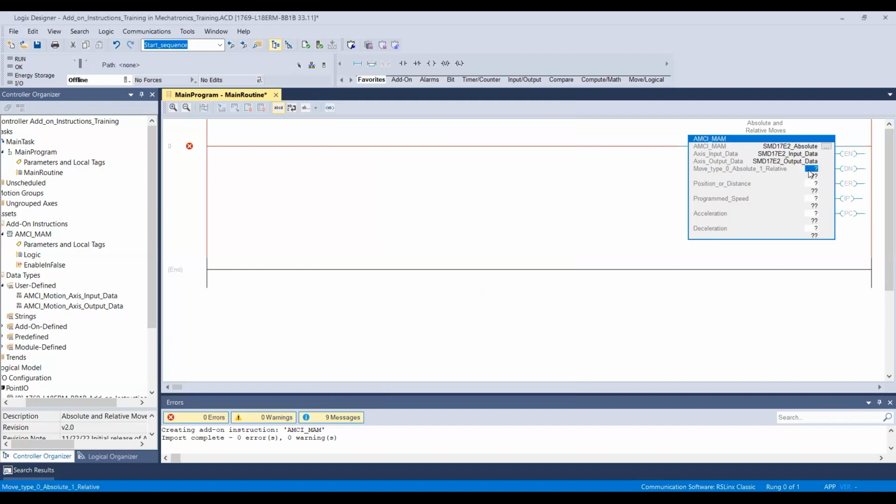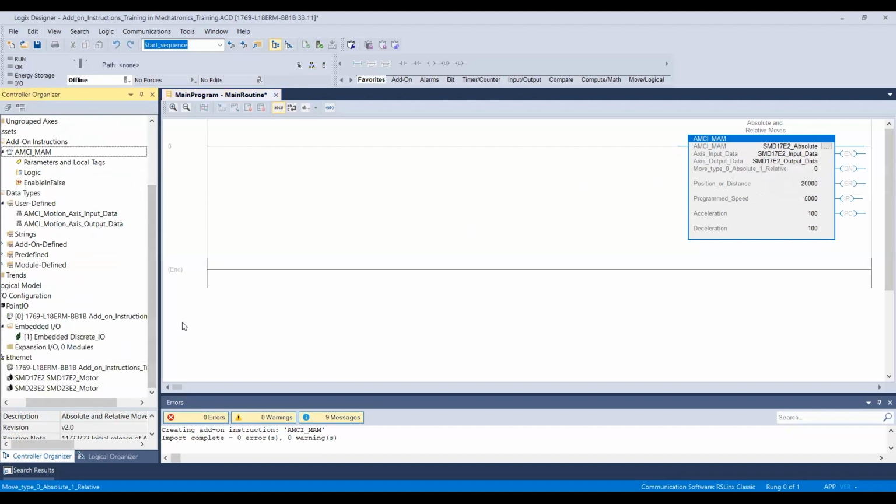So now for this one, we're going to be doing an absolute move. So we're going to put a 0 in here. Again, these could all be variables, and that would allow you to toggle between absolute and relative moves here, but we're going to just use constants. So we're going to move to a position of 20,000 at a speed of 5,000 steps per second. Acceleration of 100, deceleration of 100. And then, as you can see, it's accepted that data, and it doesn't really care where that particular